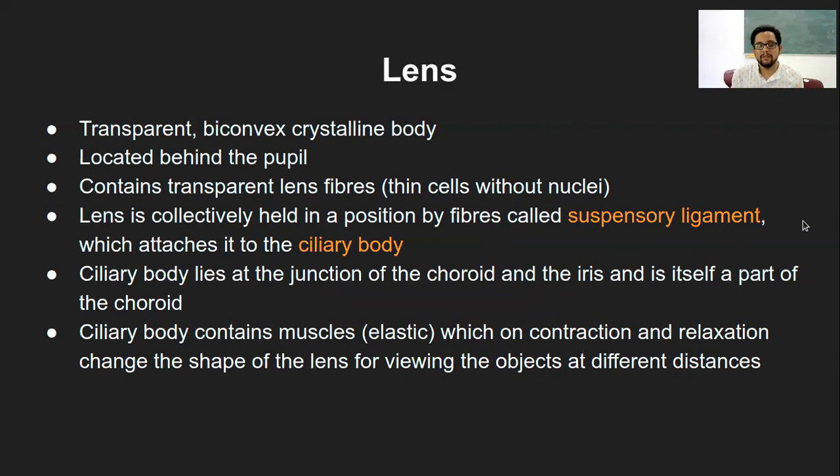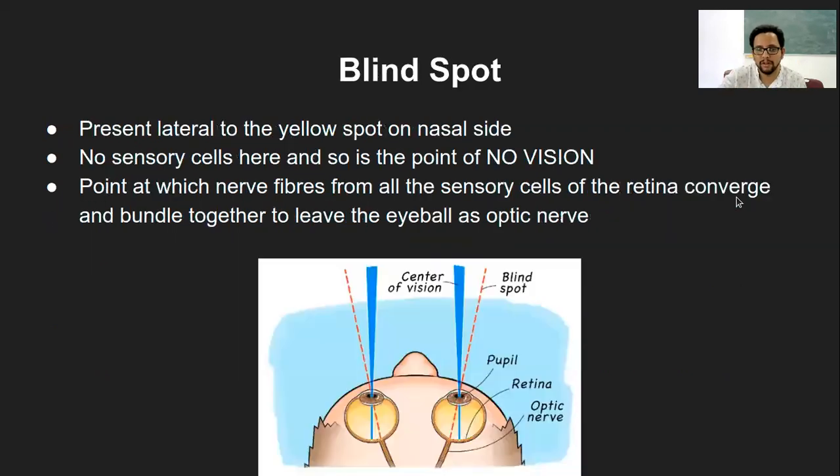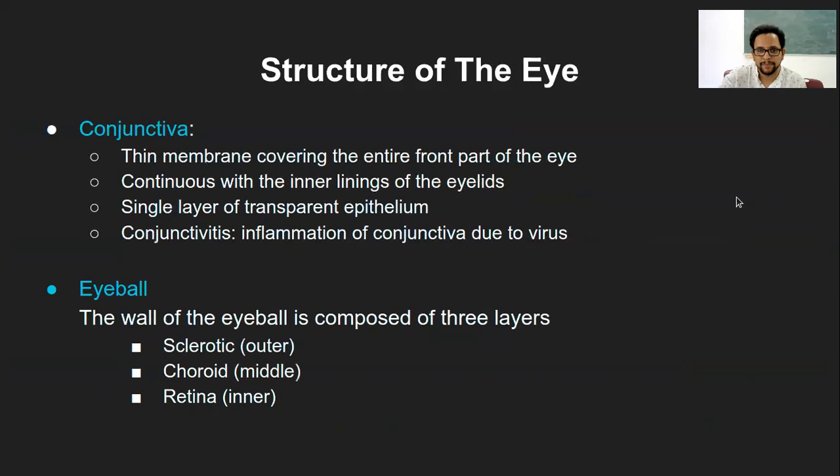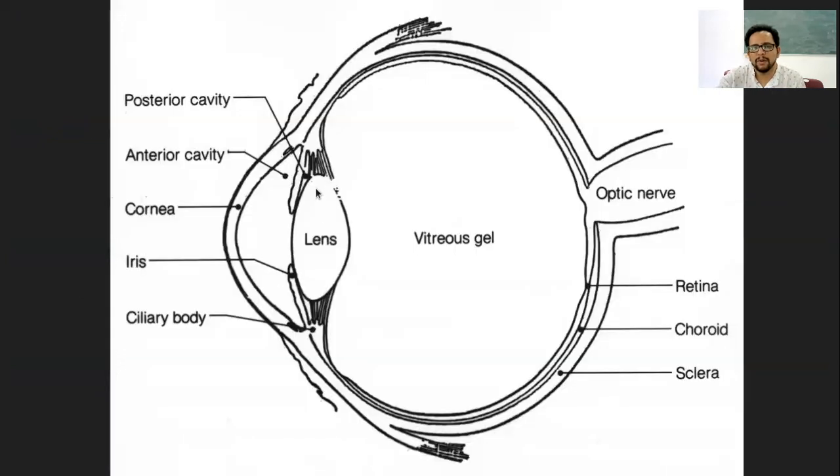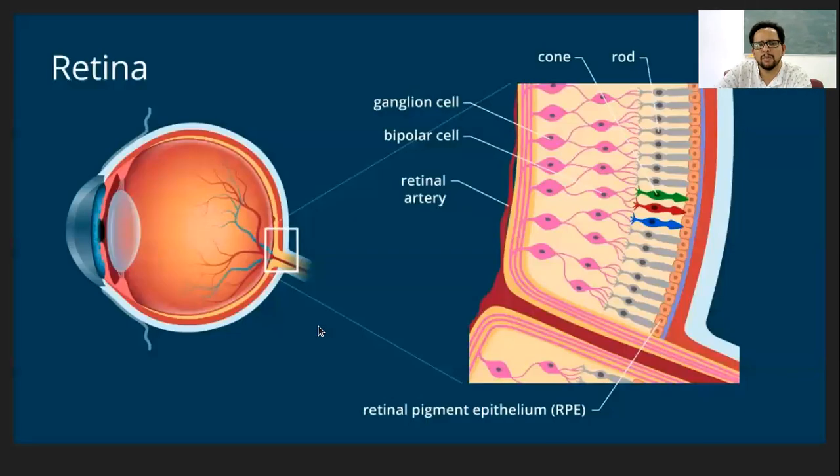I had mentioned this while we were looking at the ciliary body structure or the suspensory ligament structure. Yeah, here it is. If you look at this lens, it is held like a plate with the finger-like projections of these fibers, and that is called the suspensory ligament or the ciliary body. The ciliary body is the extension of the choroid, and it holds the lens in combination with the suspensory ligament. The function of both of these is to stretch the lens or make it more stout, which is called accommodation of the eye.